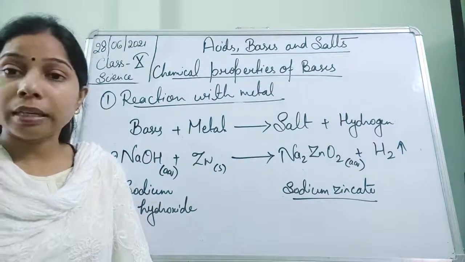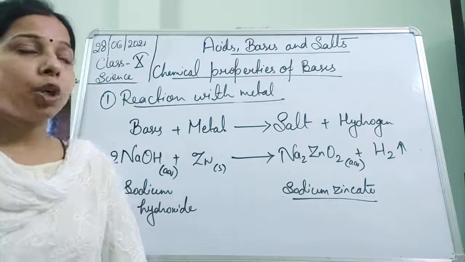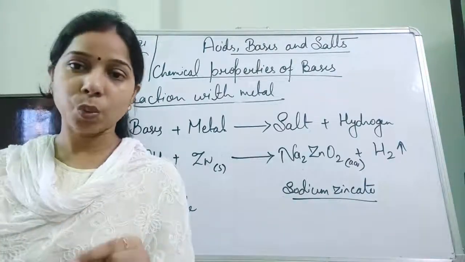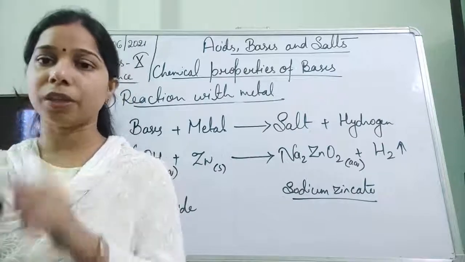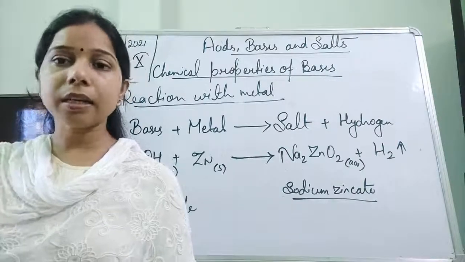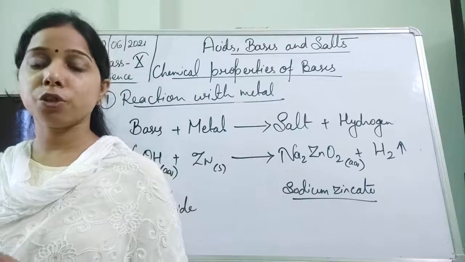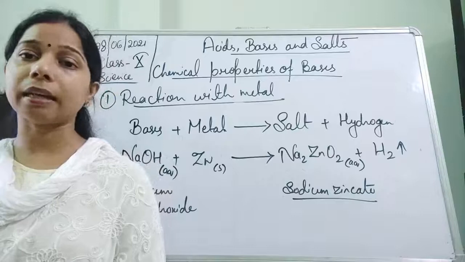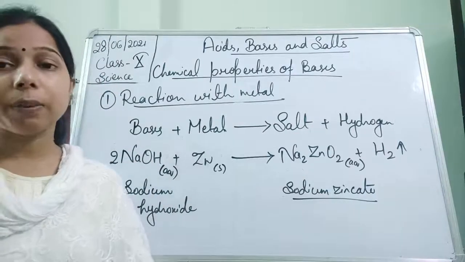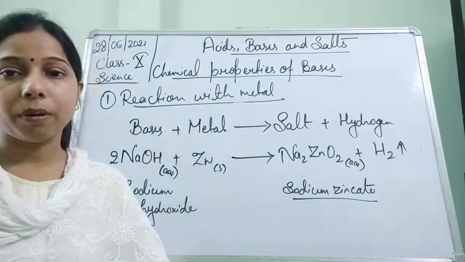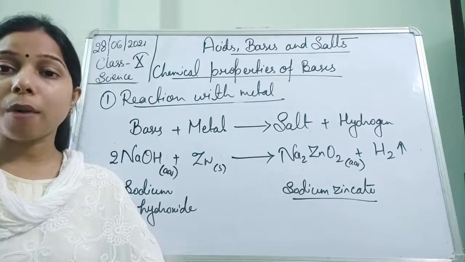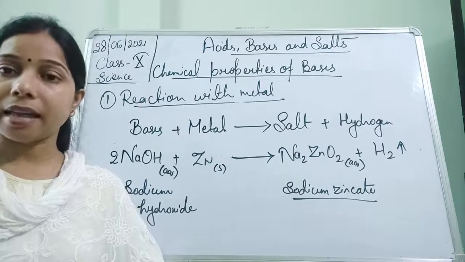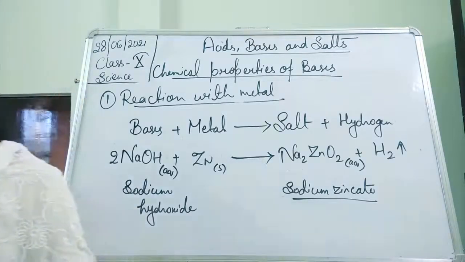And how will you test the presence of the gas? You will do this reaction of the zinc with the base in a test tube fitted with a cork. Then you will take a delivery tube and put it in a soap solution. The formation of bubbles will help us tell that a gas is evolving. Now take a burning splinter near the bubble. It will produce a pop sound, which helps us tell that the evolving gas is actually hydrogen gas, students. Okay?